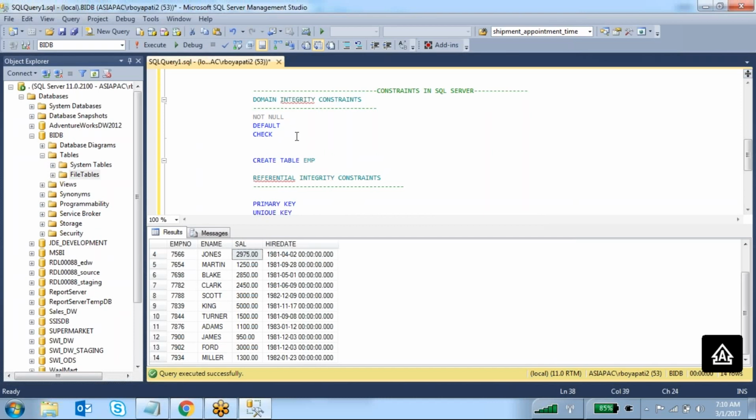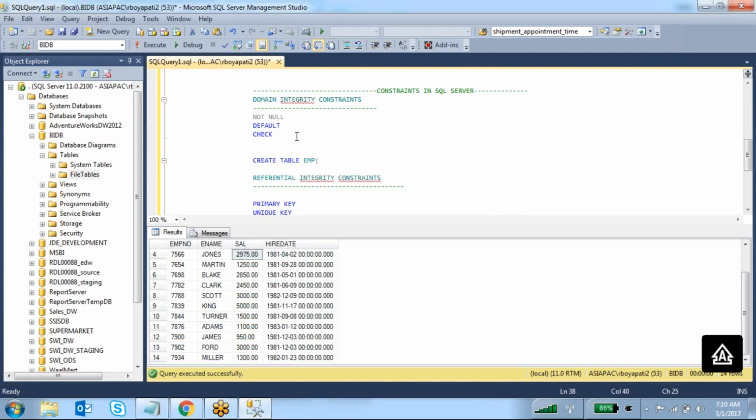The default schema name is dbo, so for dbo.emp you don't need to provide the dbo. By default it will take dbo. If you are creating this table under any other schema, you have to specify schema name dot table name, and first you have to create the schema.